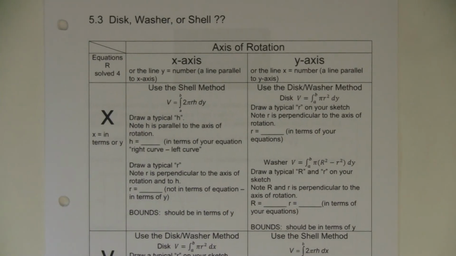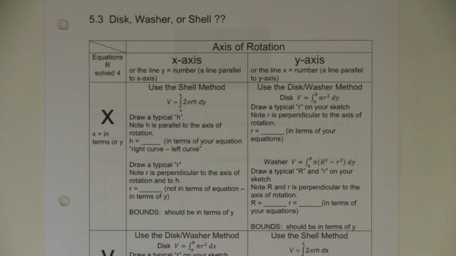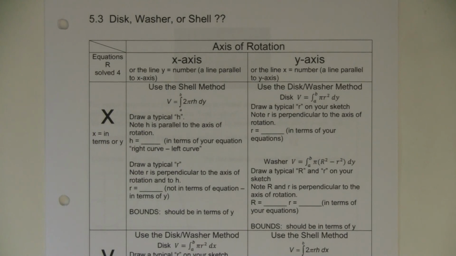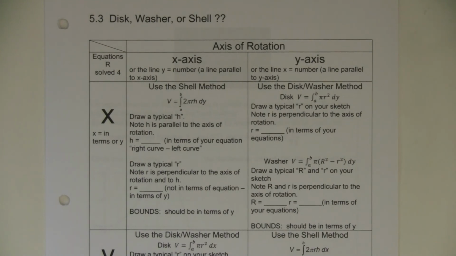Okay, the other part, my calculus doing friends, hello. The other part of 5.3 is determining what it is. Is it a disc, is it a washer, or is it a shell? For a lot of people, that is the hardest part, getting going on that. But that actually isn't that tricky, and it has everything to do with